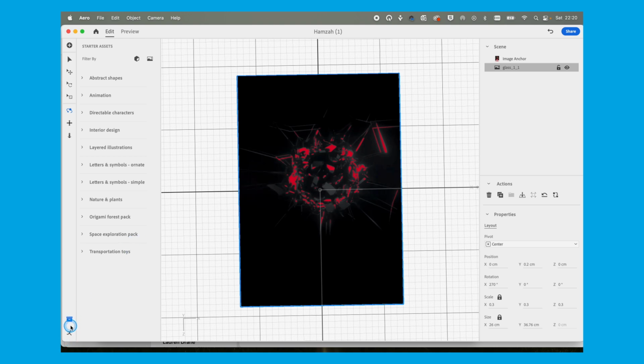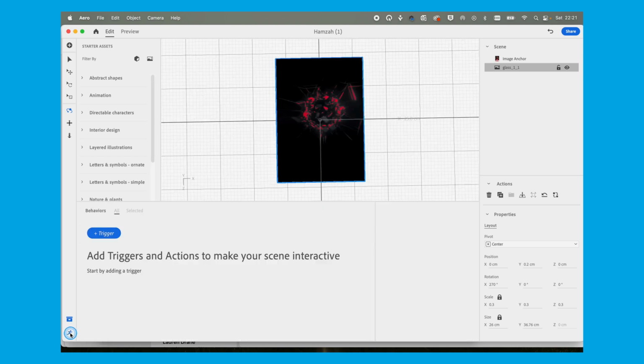So you'll notice here there's this little running man, and that's called Behavior Builder. You have to tell the animation to start when the person first scans the image with their phone. So I'm going to add a trigger, and you get different options here. You can actually do amazing things like create buttons to start the animation, and proximity enter and exit. I think that's if the person viewing with their phone is a certain distance from the object, but for ours we just wanted it to start as soon as someone gets into the AR experience.